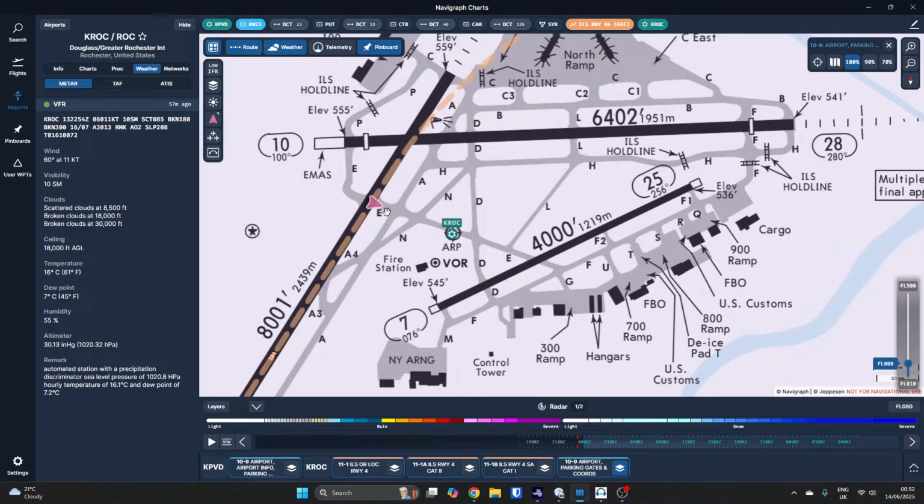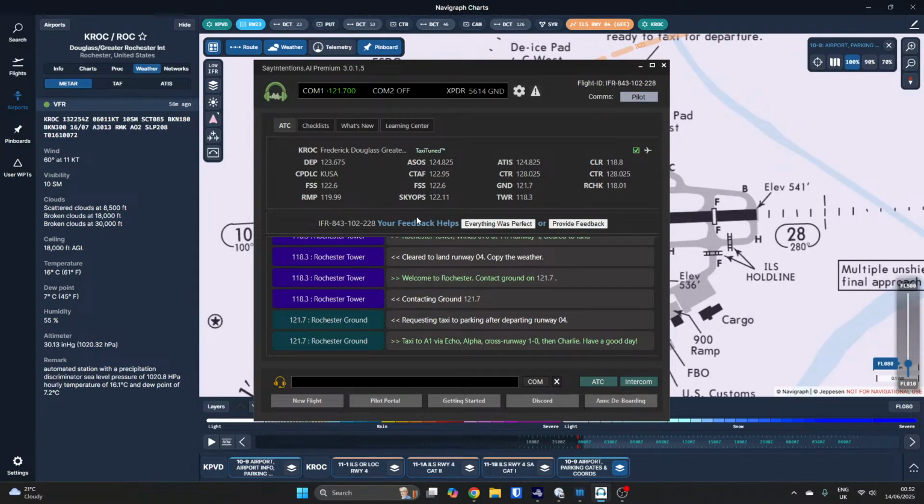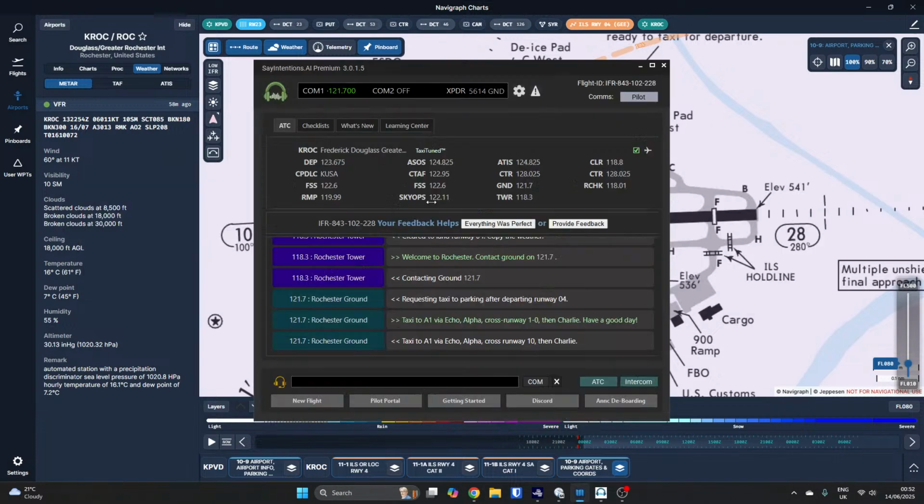Echo Alpha. Okay, and then cross runway 10. Taxi to Alpha 1 via Echo Alpha, cross runway 10, then Charlie. Virtual 073. So we're going to turn left out of here, stop short of runway 10, and then we're eventually going